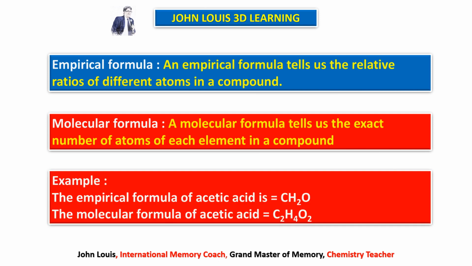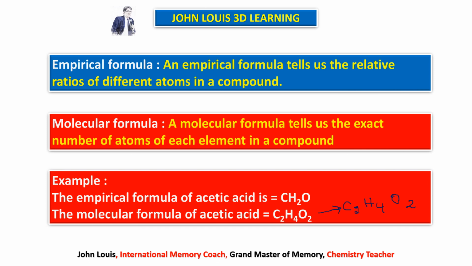So here I have given empirical formula of acetic acid is CH2O. Molecular formula of acetic acid is C2H4O2. What does it mean? It is very simple here. If you take the molecular formula, number of carbons are 2, number of hydrogens are 4, number of oxygens are 2. It is the actual number of atoms of each element present in that compound. So there are 2 atoms of carbon, 4 atoms of hydrogen and 2 atoms of oxygen in the molecular formula